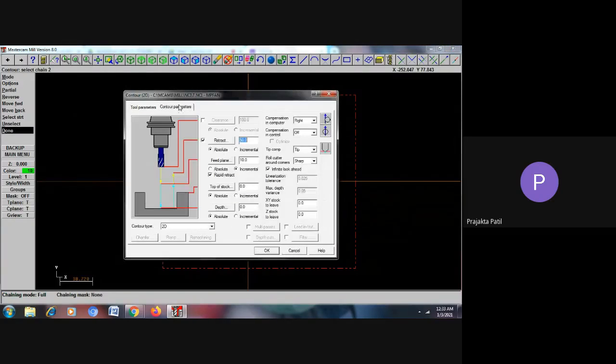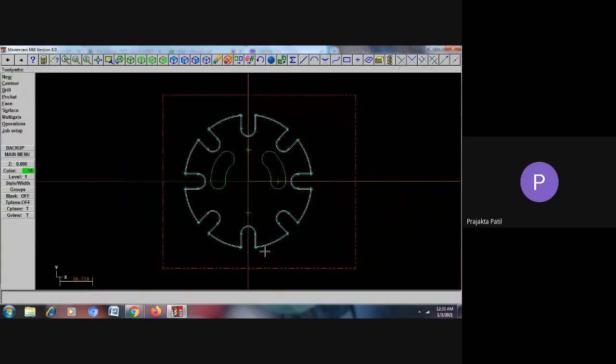I just need to change the contour parameter, mainly the compensation. I had chosen the right compensation, which was not giving me the correct machining. Now I will choose left compensation and the depth is minus 5 mm. I'll say OK. Now you see there is this blue color line which has come outside this particular geometry. So now this is done.